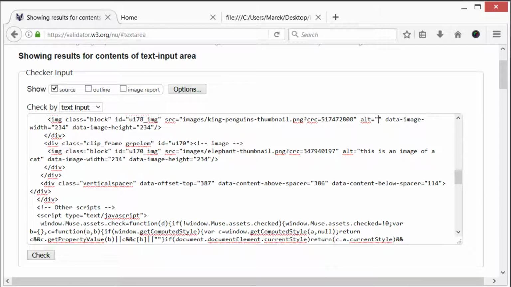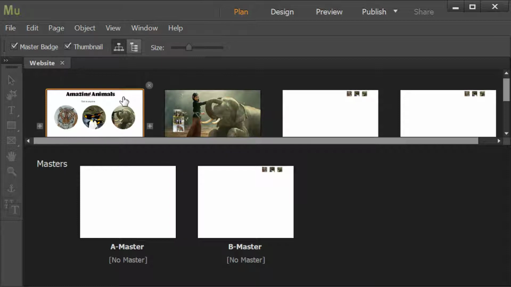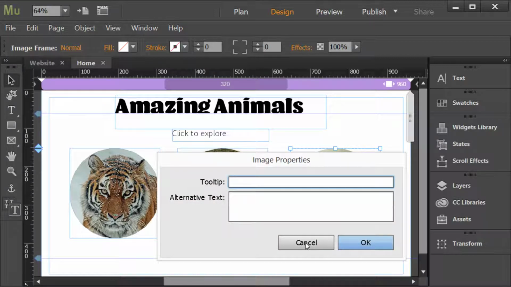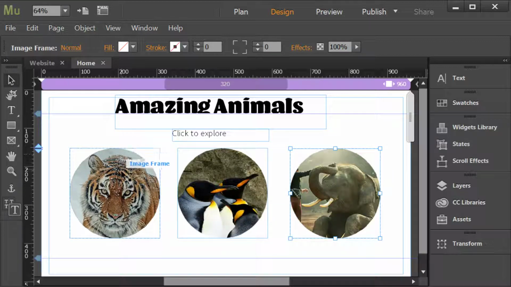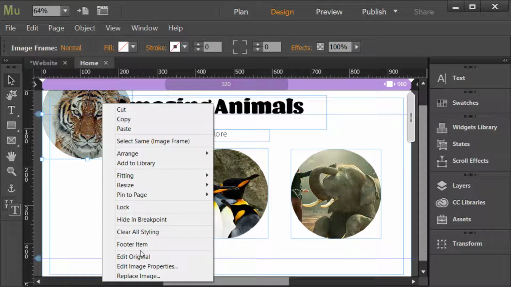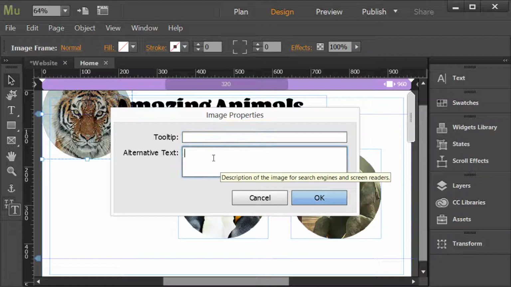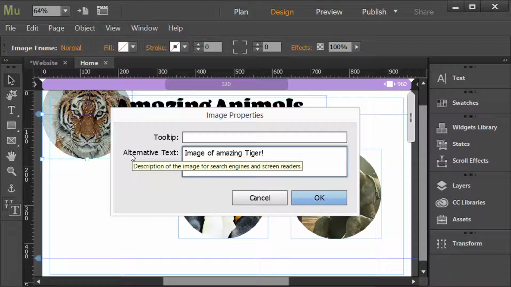But if you did want to be a little bit more precise, then when you're in these particular pages, you have the ability to go and edit the actual properties for these images. So when you have an image like this and you right click it, you go to edit image properties, which brings up the particular information here, and you can say image of amazing tiger. And on the next export, this will be added into the alt attribute inside of that particular image. So it's very good practice to do that,